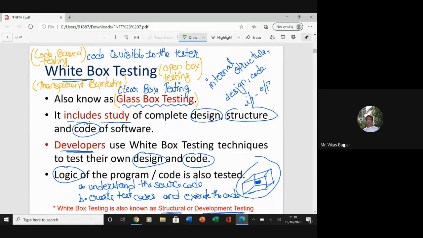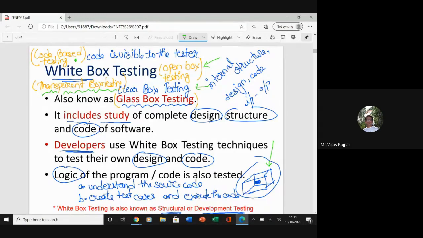So we said that this is the open box testing, and also it is called code-based testing as well. And since it's white box, in some of the literature you'll find that this part is also called glass box, or maybe clear box, or maybe transparent box. So whenever you see all these terms, you should be familiar that this is dealing with white box testing.